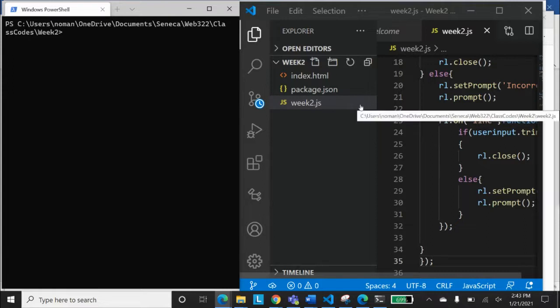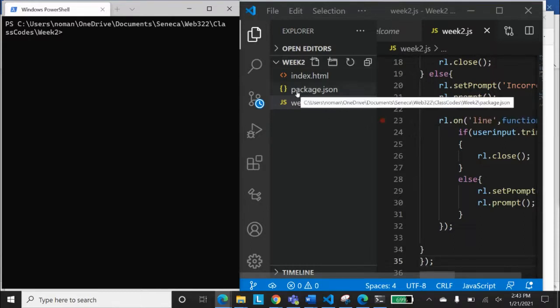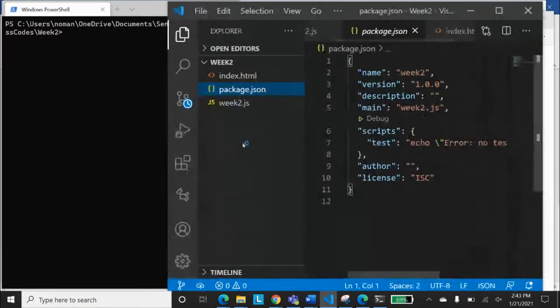Package.json has appeared, and not only has it appeared, but it is basically doing some interesting things as well. Right. So now we have got package.json. Let's click on it. As some of you are familiar, it contains all the dependencies and all the related information. It is just like a configuration file for our project, and it is showing some different things. And now I would like you to experience something very interesting.